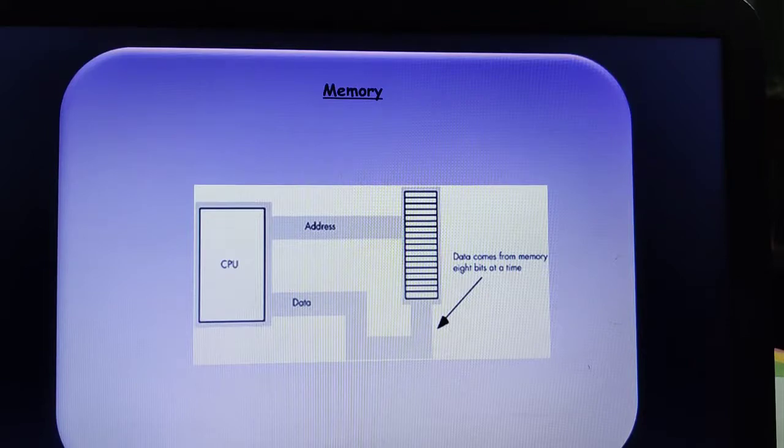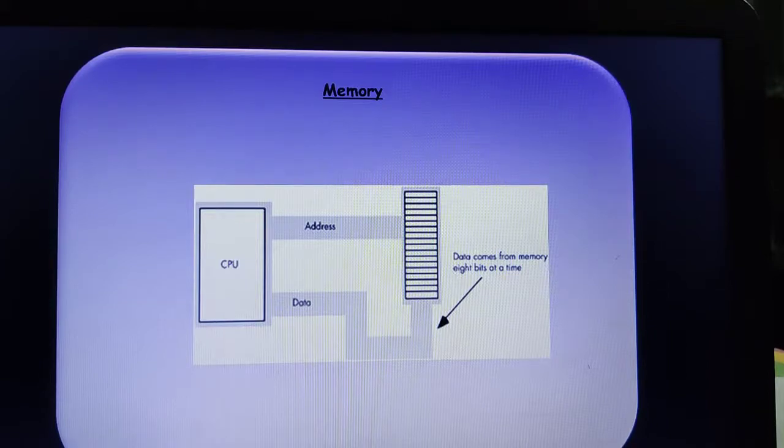Again, a very important question from your exam point of view is: what is the system bus, and explain the different types of system bus. In this, you have to write the system bus definition, plus you have to explain the data bus, address bus and the control bus. You may not be able to make out what content should be written for this question, and that is the reason I am repeating it. It is a very important question: what is the system bus, and explain the different types of system bus.